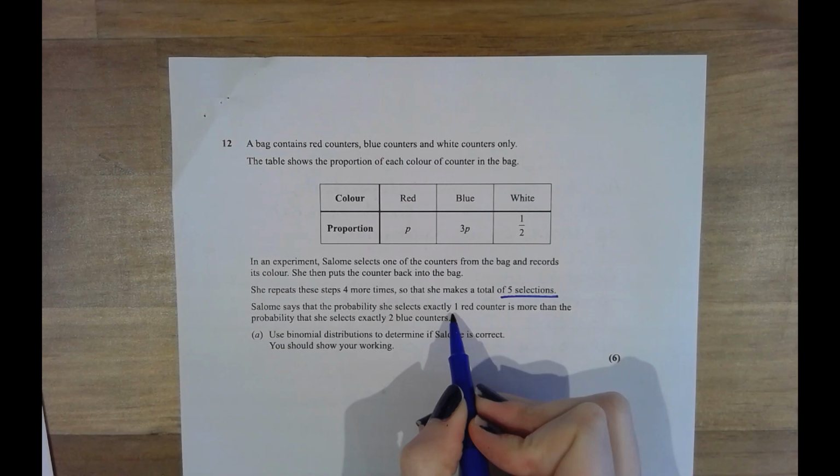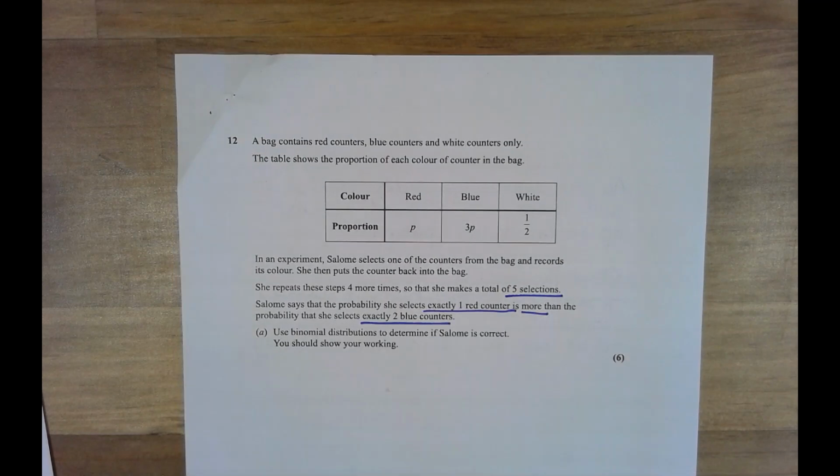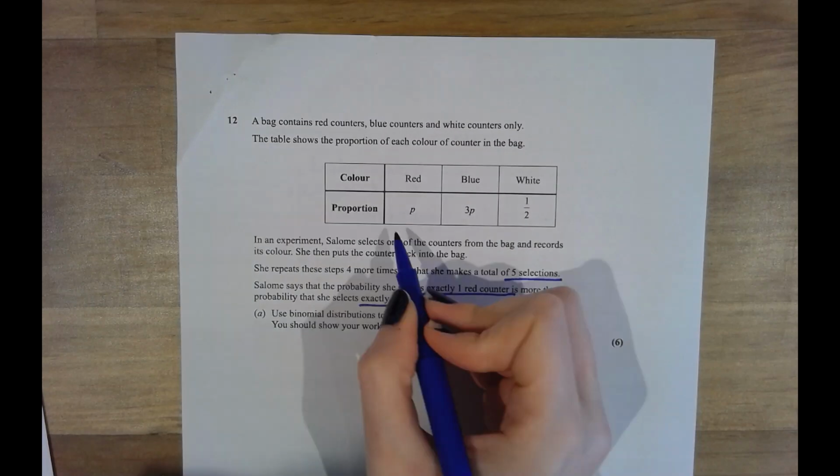The counter is more than the probability then she selects exactly 2 blue counters. We are asked to use binomial distributions, meaning that we cannot just use a probability tree. We have to use those binomial distributions to determine whether she is correct, showing all of our workings. Our first step then